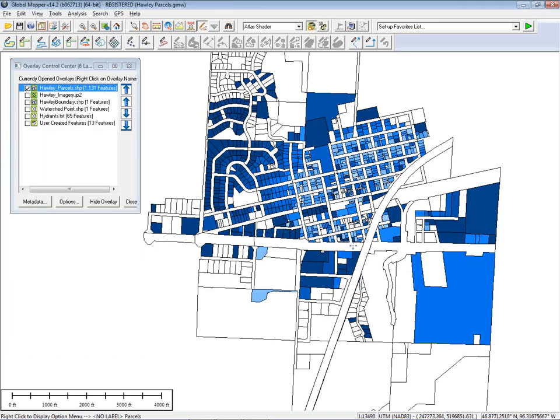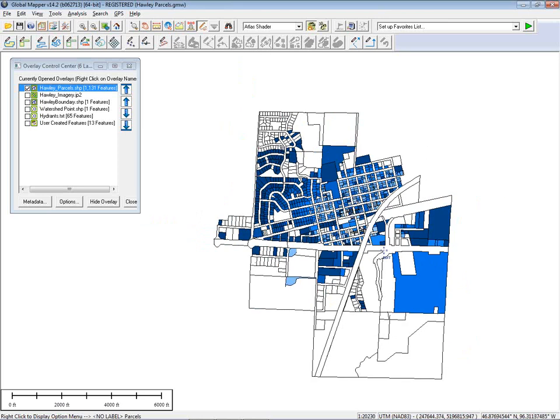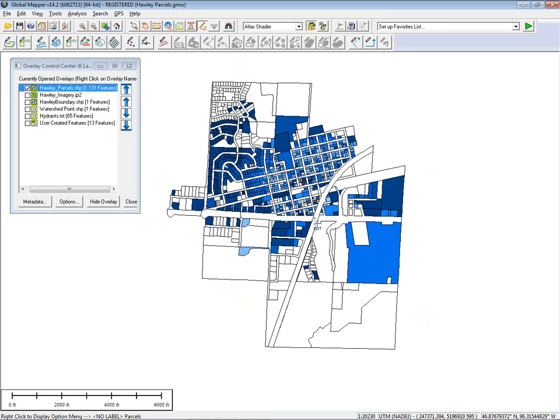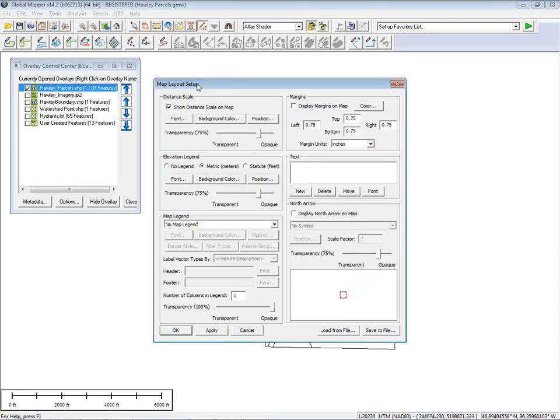Now, one thing that's missing from this map, obviously if you're assigning colors as I have done, is a key or a legend that shows me what those colors represent. That's an important part of this type of mapping exercise. I'm going to open up a window called the Map Layout Options window, a map layout setup window